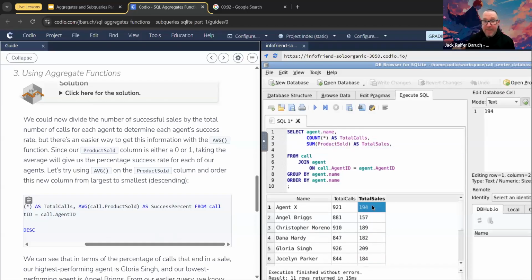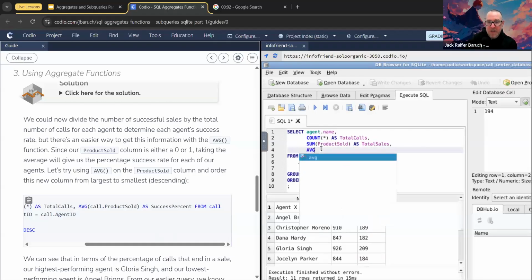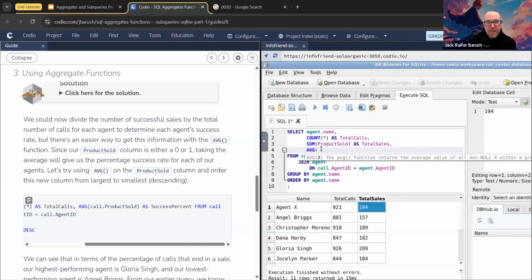The average should give me how many items they sell divided by how many calls. So instead of going that long way, I'm just going to use the average function: average call dot product sold as